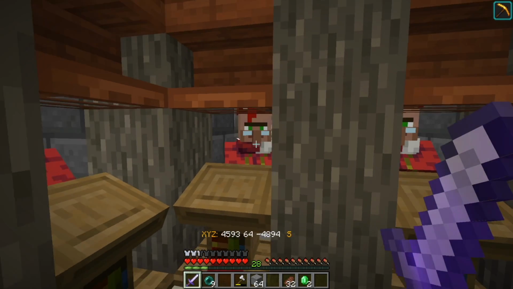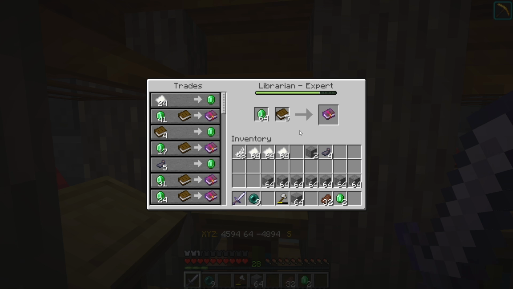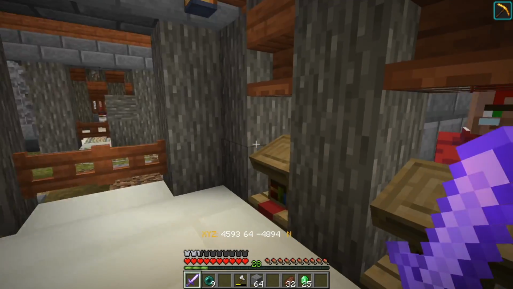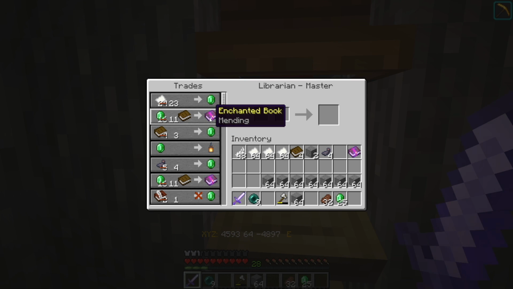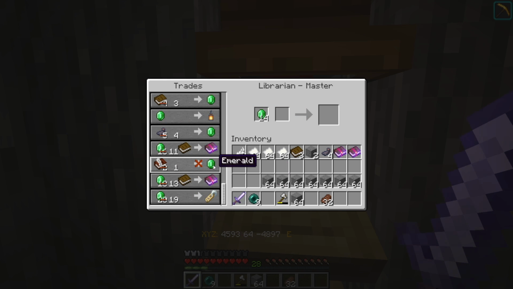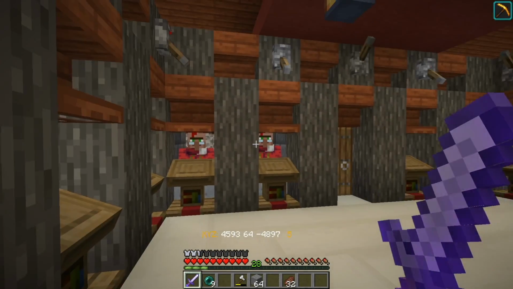Silk Touch, Frostwalker. Not quite. Efficiency 4. Yes, please. That is the one for me. Is there an Unbreaking 3 as well in here somewhere? Or even just an Unbreaking 1? Or Mending? Mending. Yeah, we'll go ahead and take a Mending book. That seems pretty reasonable. Multi-shot is not as helpful at the moment, but...